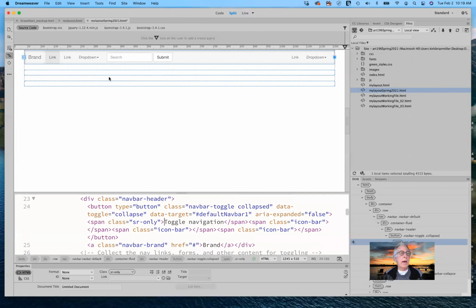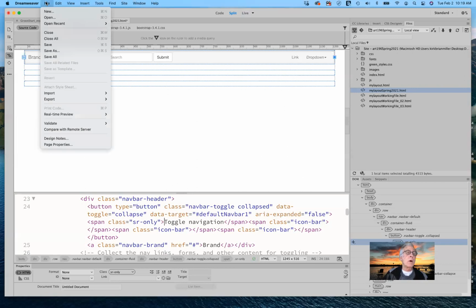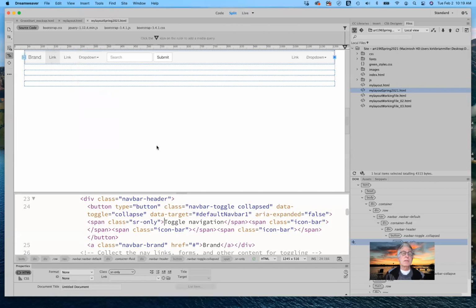So now if you hit Command S, it only saves the HTML page. It does not save the CSS. So very often what you want to do is say Save All. That saves everything. It will save any CSS, it will save the HTML, it will save jQuery, JavaScript, anything like that. So now I'm ready to go. I have my original layout intact. I have the new one that I've just created with my default